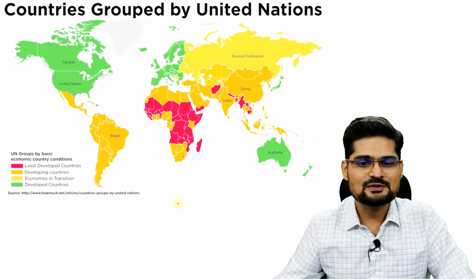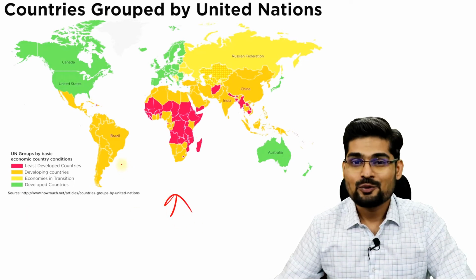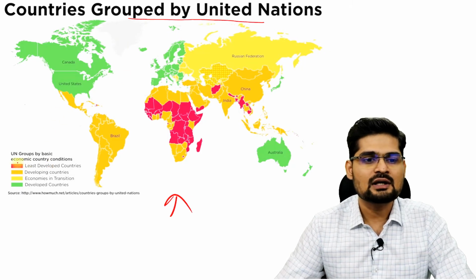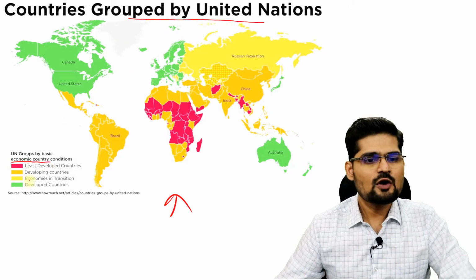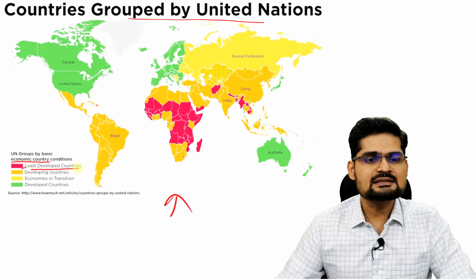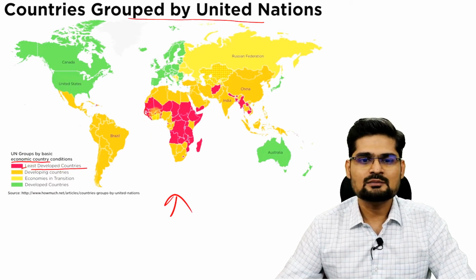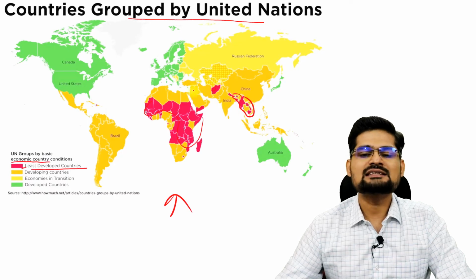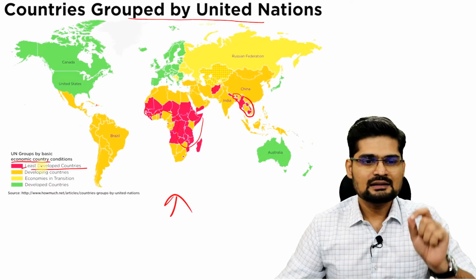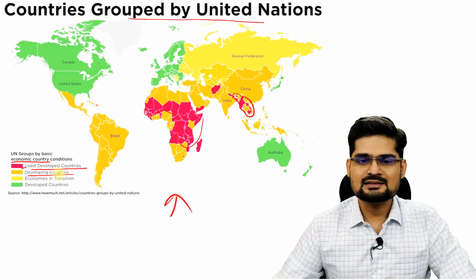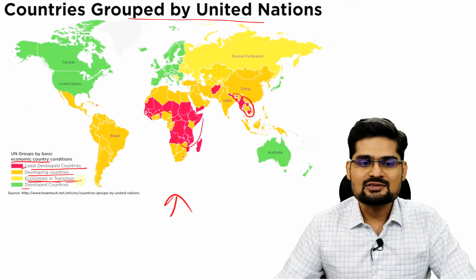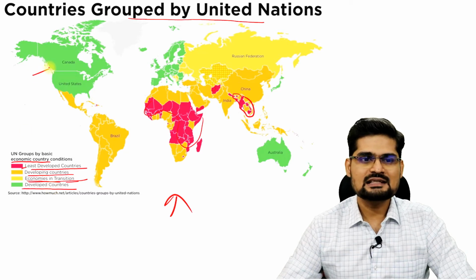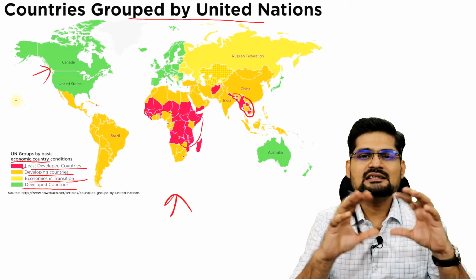So if you look at this map, this is economic geography. What is it? It says countries grouped by the United Nations on the basis of what? Economic development. So if you observe here, the red ones are least developed countries, right? Where do you see? Most of Africa and some parts in the Middle East and also in Southeast Asia, right? And then we have developing countries, and then we have economies in transition, and then we have developed countries, right, which are in green color. So what you observe in this colorful map,